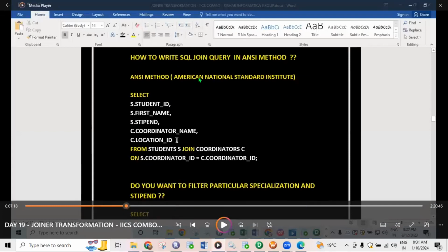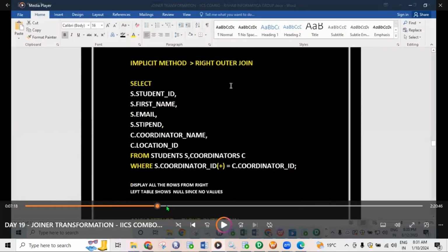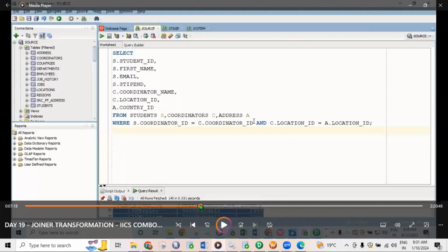How to write SQL in join, query, ANSI method, all the methods. So how to do the filtering, how to do the joining with two departments, everything, all the scenarios, these all are SQL. See here, up to 15 minutes SQL will be there. Then after that,